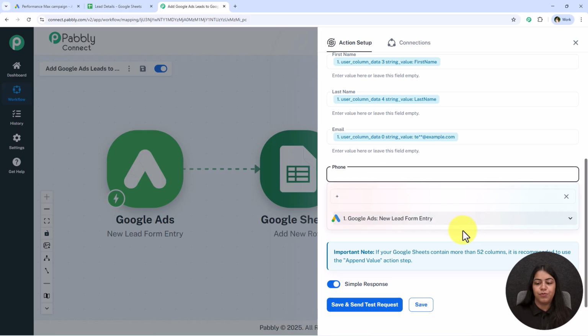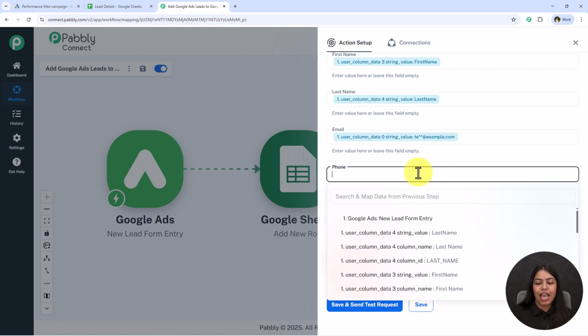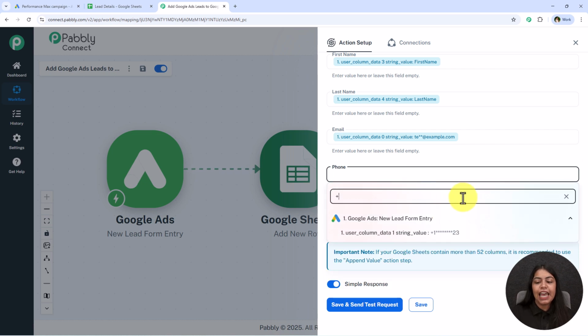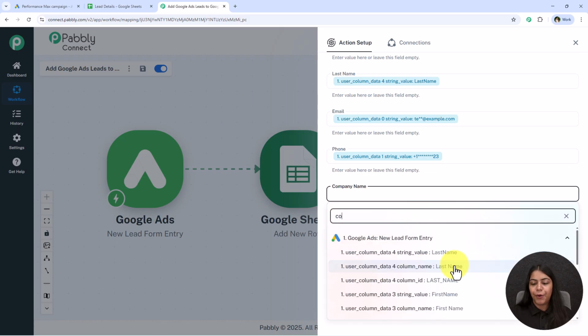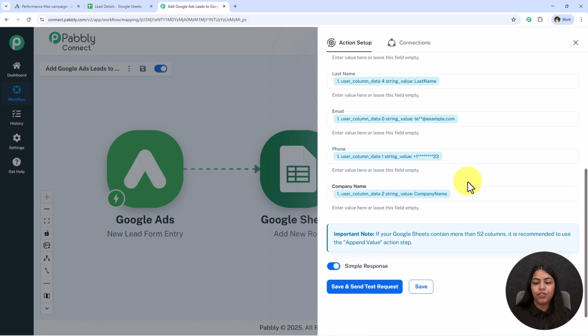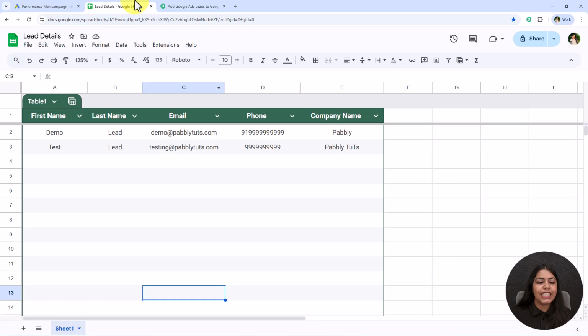You also have to map all of these details so that your workflow can run in real time and automatically the lead details get changed whenever you receive a new lead. So let's map all of these details, and you have to keep in mind that you only have to map this string value. And after mapping all of these details, we have to click on this save and send test request. And now you can see we have received the positive response